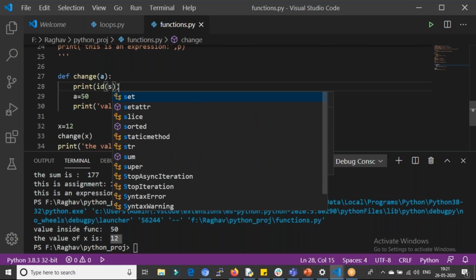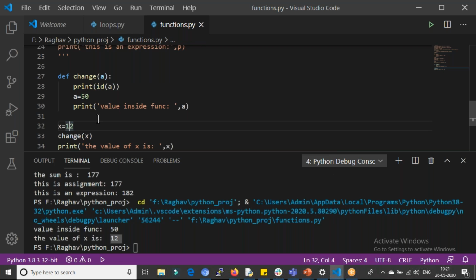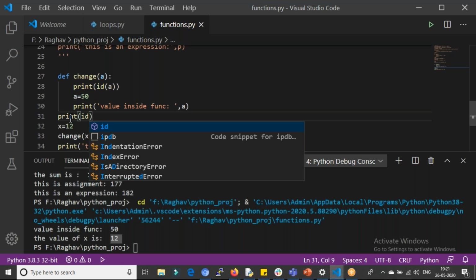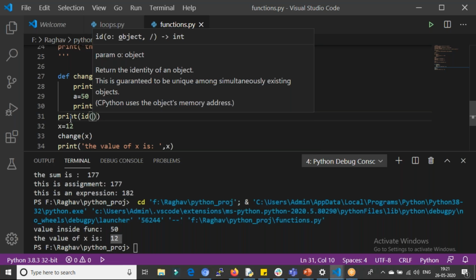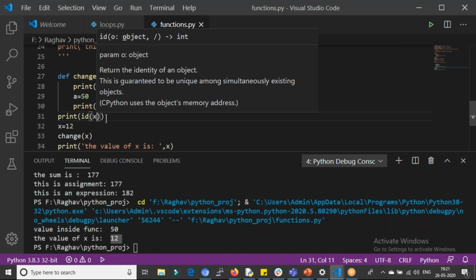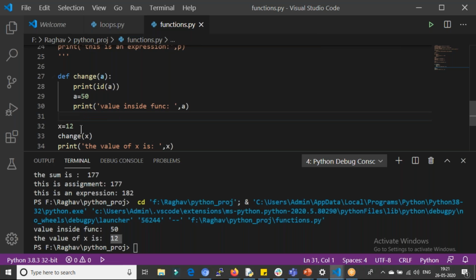So now I just want to print the ID of a, and here also we'll be printing the ID over here. So I'll say print ID of x. Sorry, this should be after this. Okay, I'm printing the ID of a, and I'm printing the ID of x. Let's compare this.